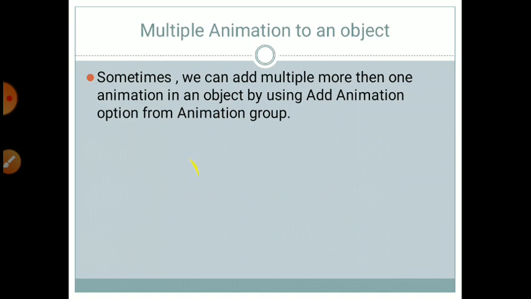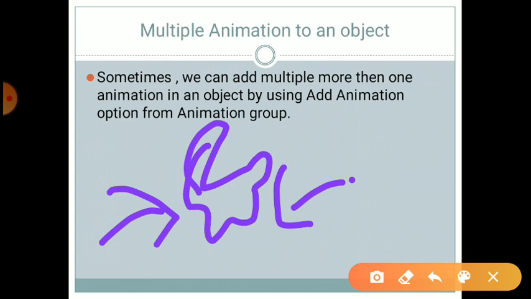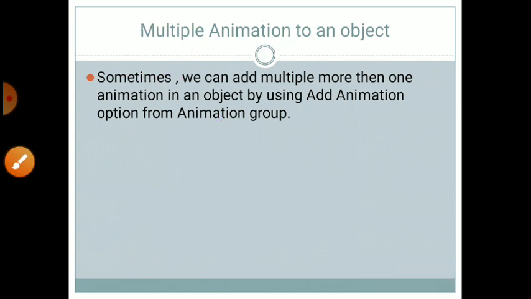Suppose my slide has one clip art here. If we want to apply many animations on it, it is possible with the help of multiple animations. We can add more than one animation to an object by using the Add Animation option from the Animation group.